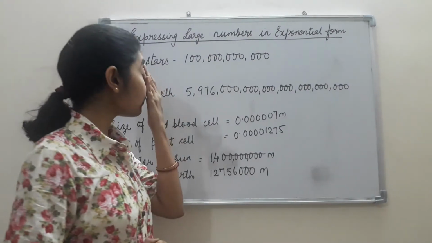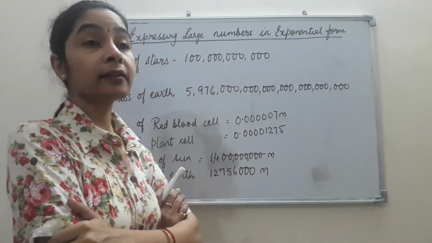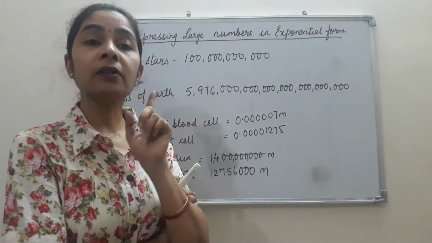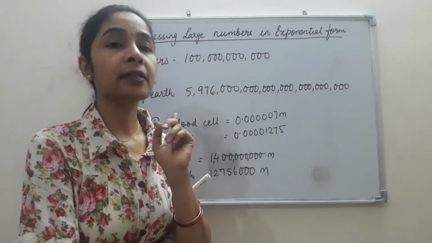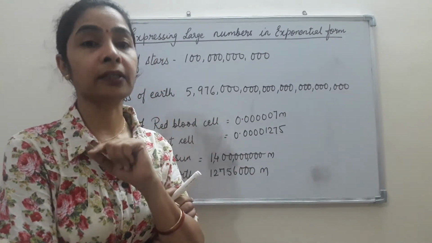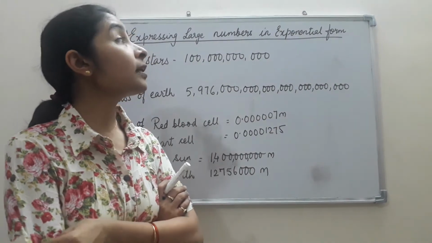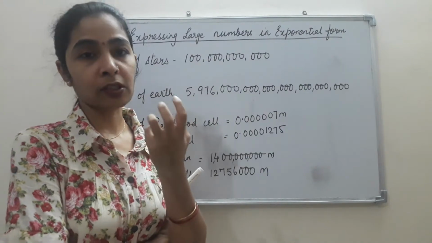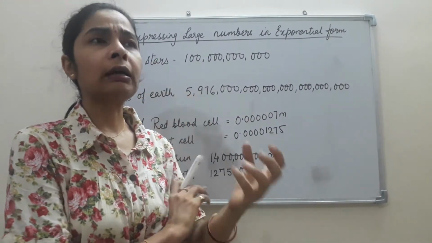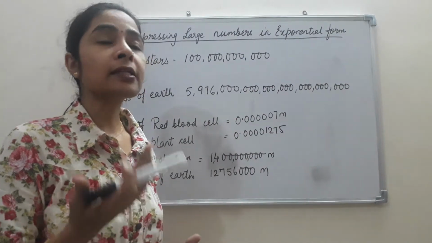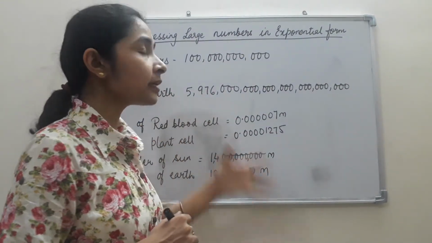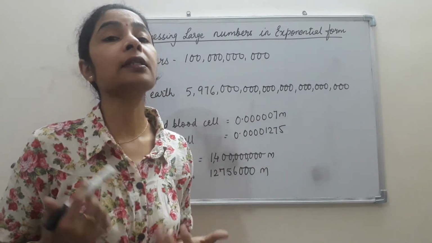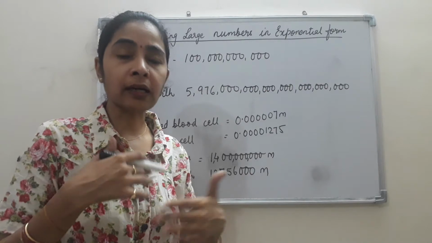Hello students, once again welcome to Strides, and here we are with the video on expressing large numbers in exponential form. In the first part of the video we discussed the laws of exponents and their application. Now we are going through the practical use of the exponential form, where it is used to express large numbers in the standard form. That means if I give you big numbers, whether you are able to speak them at once or not, what is the easy way to convey those numbers?